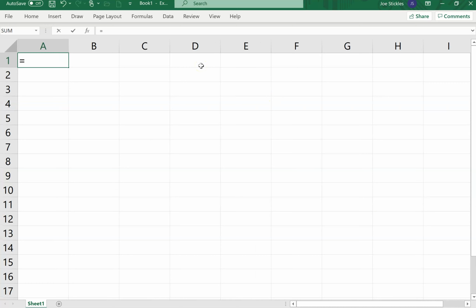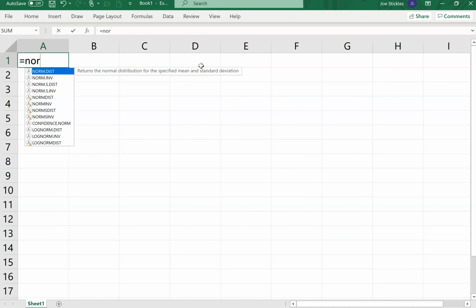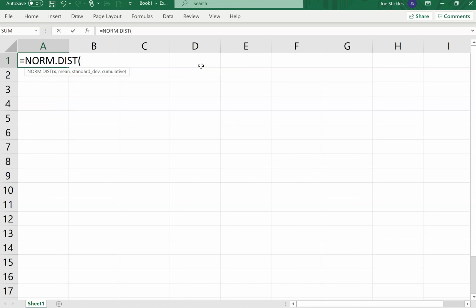All right, so if I start typing just equals and then start typing normal, the list of different things with the normal distribution pops up. So all the ones that have the little exclamation points next to them are the old Excel edition of the formulas. The one that we're going to want is the top one, the norm.dist one for this particular case. So if I just hit tab on that,